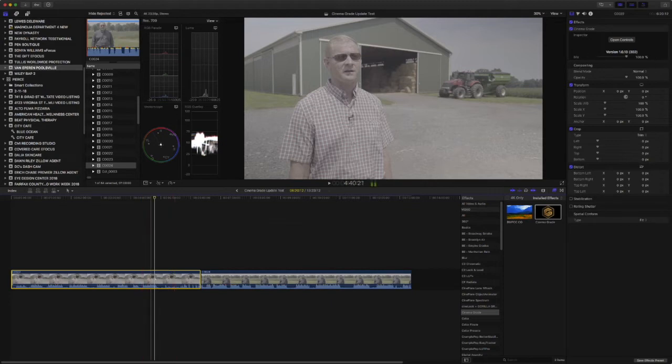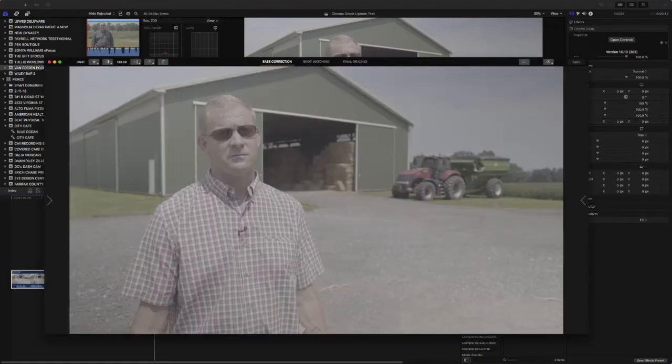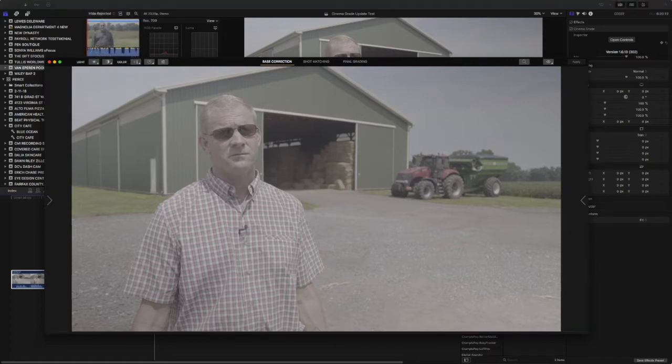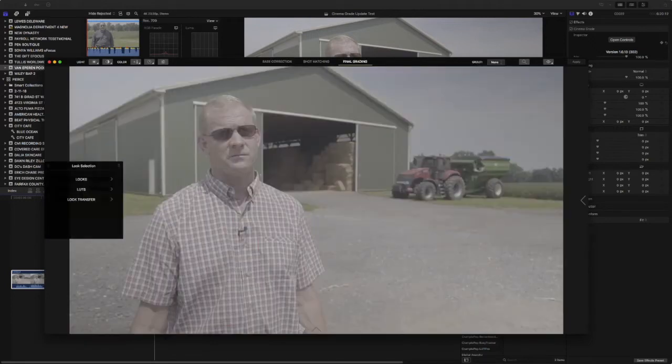So what you're going to want to do is open up controls, and this is the interface. And like I said before, when you were doing your base color correction and final grading, you were not able to have any type of scopes to see where your levels were. So what they did is they updated it in this version, and now you have it. So what you can do is go to Cinema Grade, go to View, and Video Scopes, and boom, now you have your scopes right there at the bottom. Same for final grading, view,